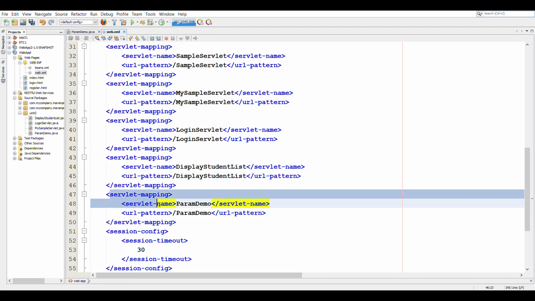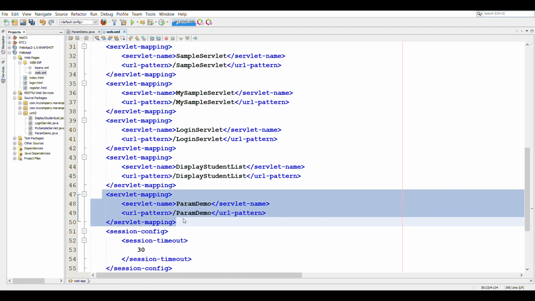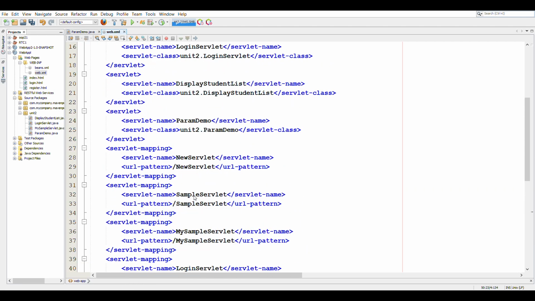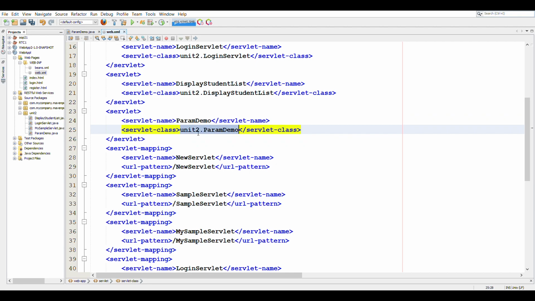Currently we are working with the servlet param demo. So here we can see that it is mapped to /param demo URL pattern, and we also have the servlet tag here which has the servlet name and the class of the servlet, unit2 which is the package name, and param demo which is the class name.